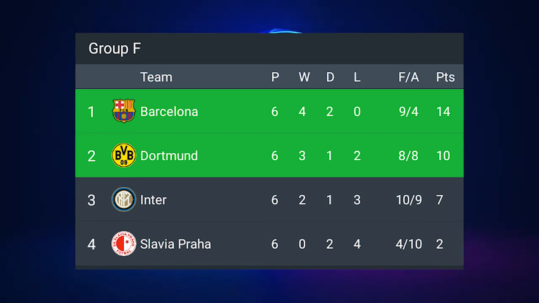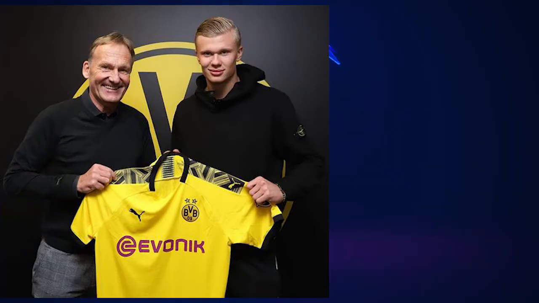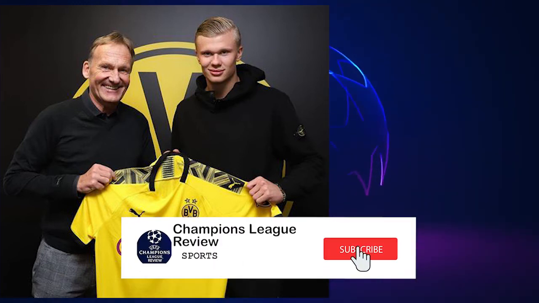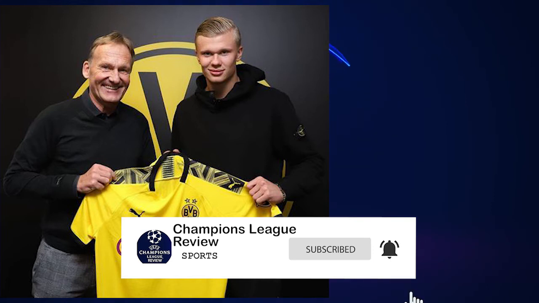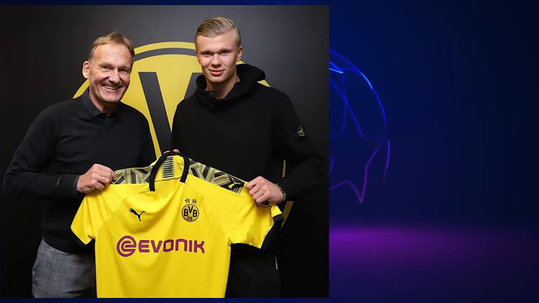A lot has changed over the years for Borussia Dortmund. We know they signed a lot of players. Not to talk about the new signing Haaland, who came in on his debut and scored a fantastic hat-trick. And the statistics are clear. As it stands now, people will favor PSG as compared to Borussia Dortmund. But Borussia Dortmund have won the Champions League once, unlike PSG, who have not won the Champions League before.